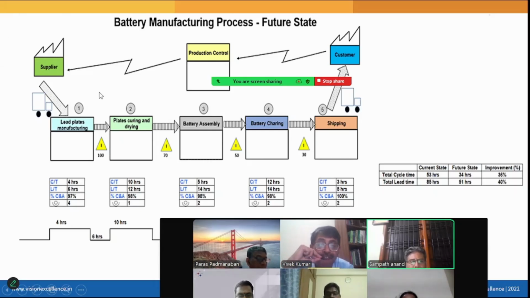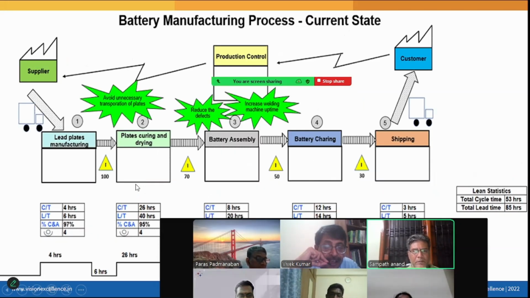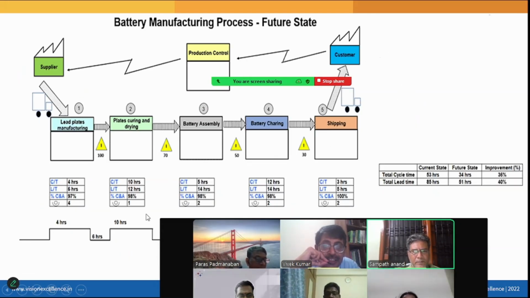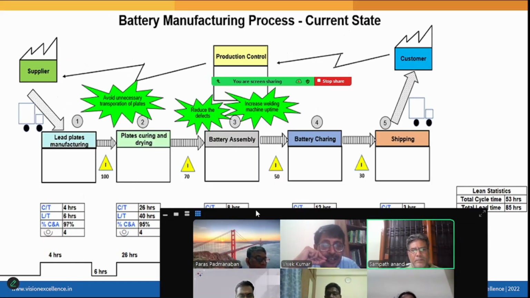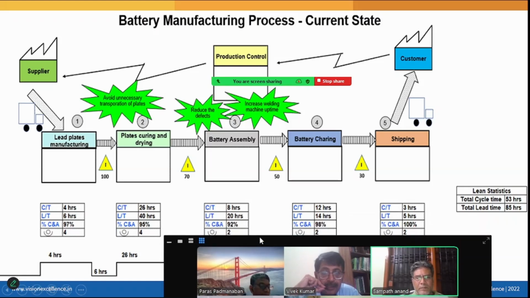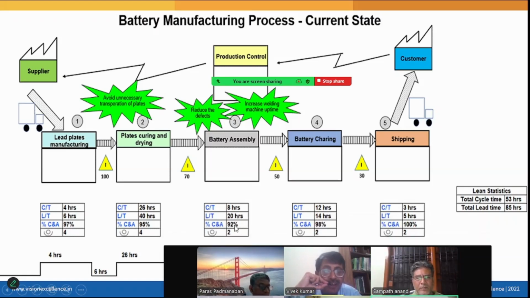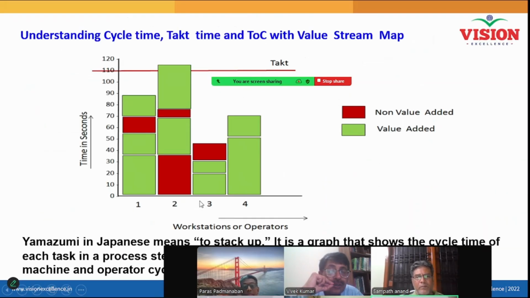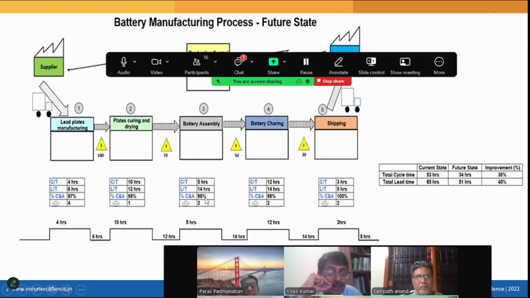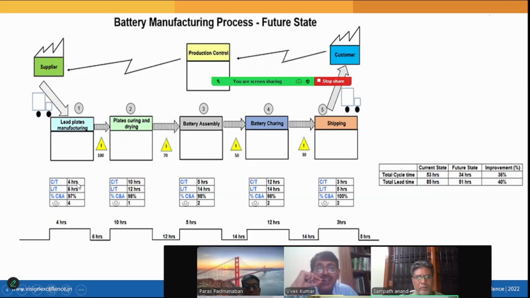Now, they have made a lot of improvements. Can you see what was here earlier? 26 hours. What is here now? 10 hours. What was here? Your C&A was how much? 95%. Here C&A was, let's say yield, let us say 92%. Yield has been increased to 98%. Similarly, after improvements, when we reach our future state map,